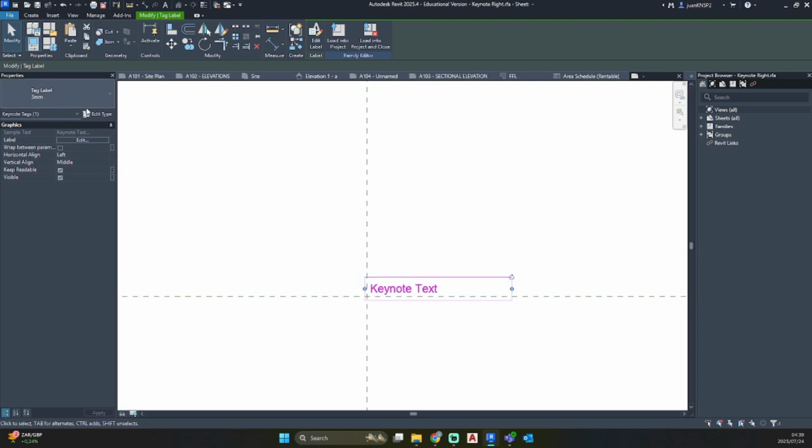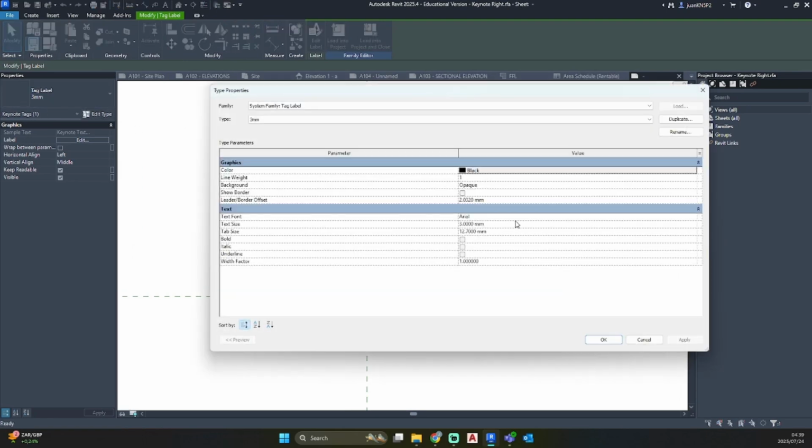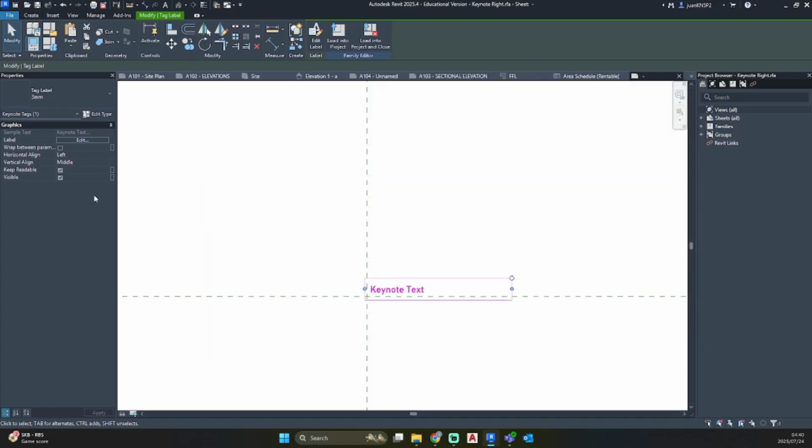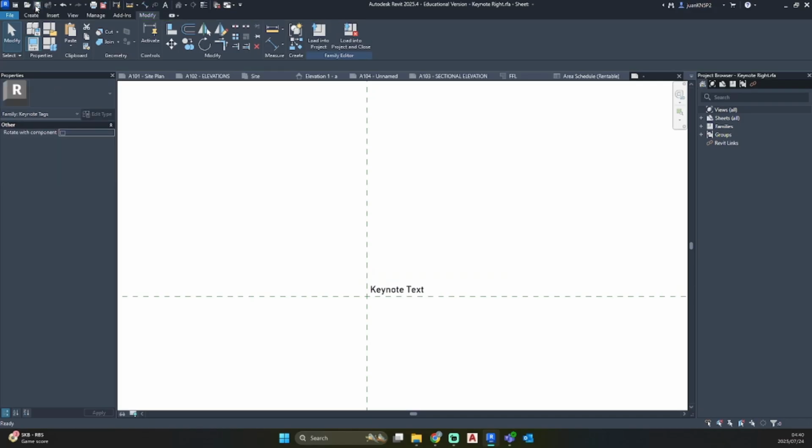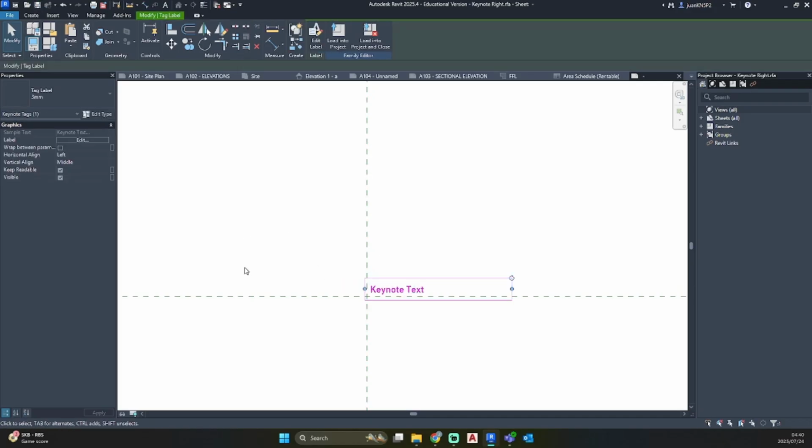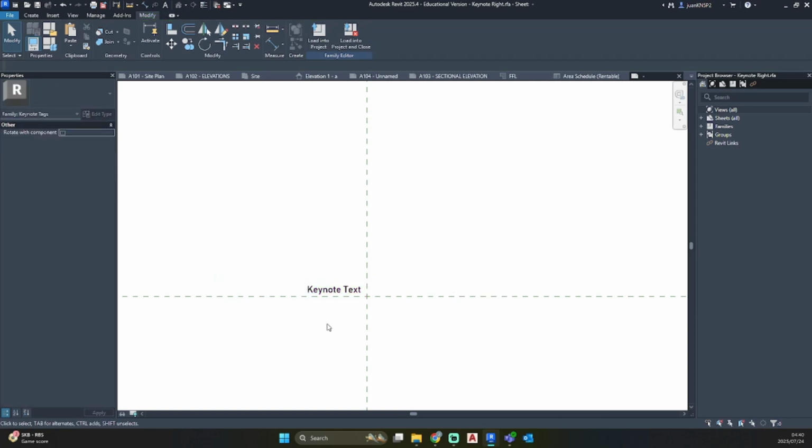So now I just want to change my label, edit type. Need to change my text because I'm using Bunchcraft. Text size needs to be adjusted to 2.5 and go apply and OK. So now we can just save it again. And now I want to flip it to the other side. So I'm going to go horizontal alignment, right, and just drag it into place that side.